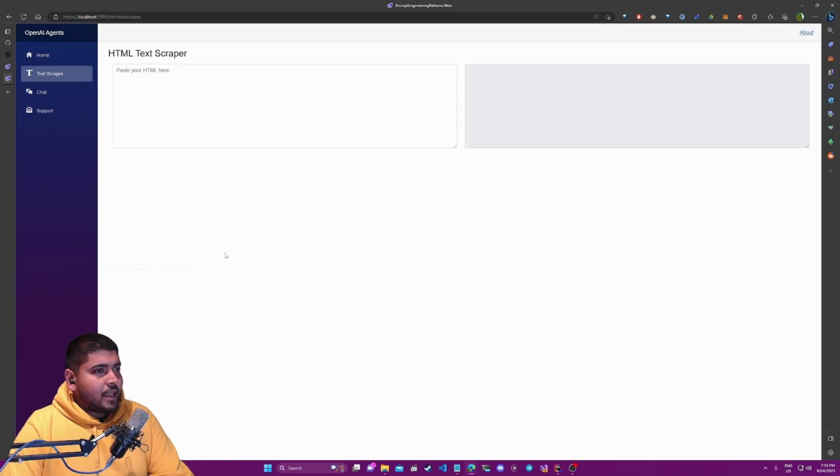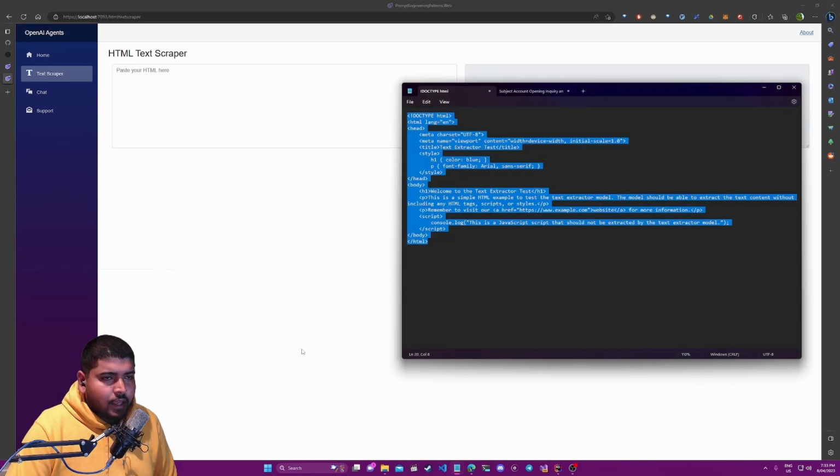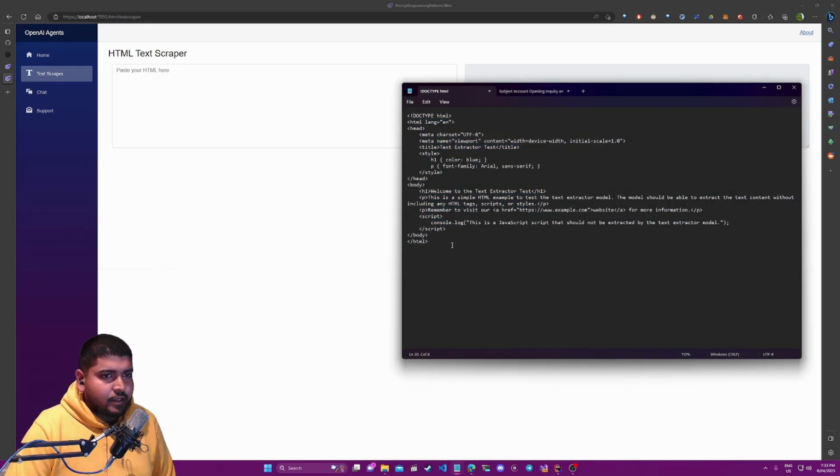So the text scraper agent, actually the text extractor agent in the code, is an agent that simply takes in an HTML string and tries to return the raw text inside that HTML string. So let's see. I have a sample HTML payload in here. Taking a quick glance at it, you can see the raw text that's inside this is the welcome to the text extractor test, and this paragraph tag,